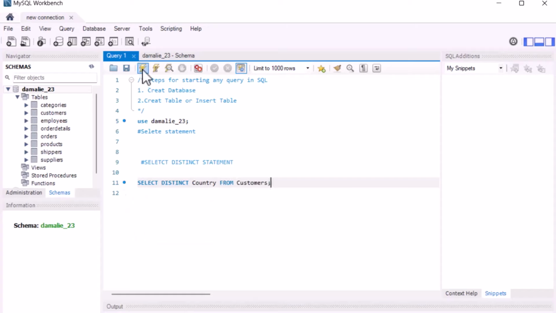Now let's talk about the where clause. So what is the where clause? Let me explain this to you. The where clause is used to filter data. Imagine you have a big bag of candies and you want to find only the candies that are your favorite flavor. The where clause is like a special filter that you can use to tell the bag to show you only the candies that are cherry flavored. So when you say where flavor equals cherry,